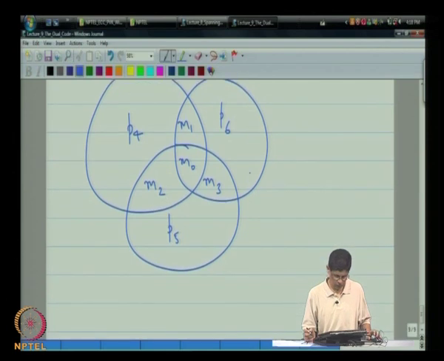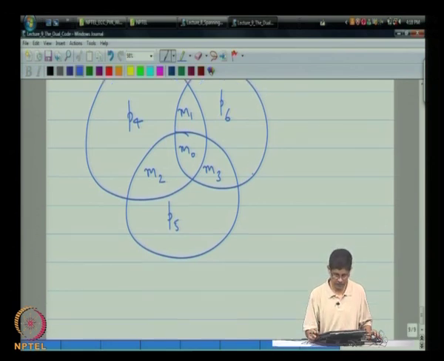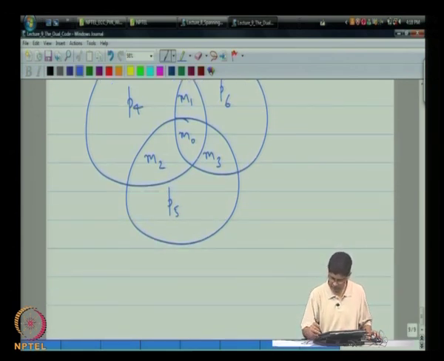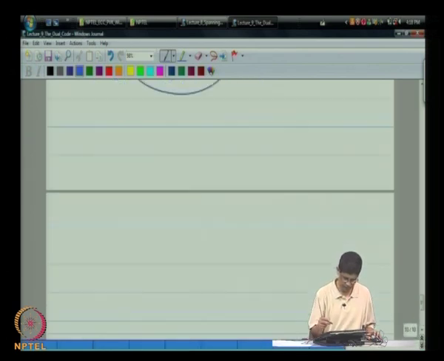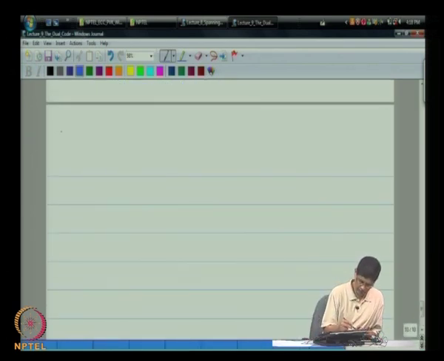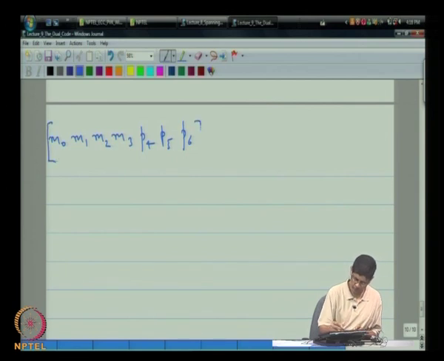So, this is the code and I am going to write the code words in a certain fashion, which we will encounter again in just a little bit. So, I am going to write the entire code word like this: M0, M1, M2, M3, P4, P5, P6. So, this is a row vector